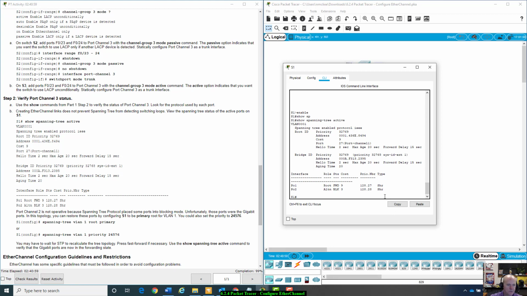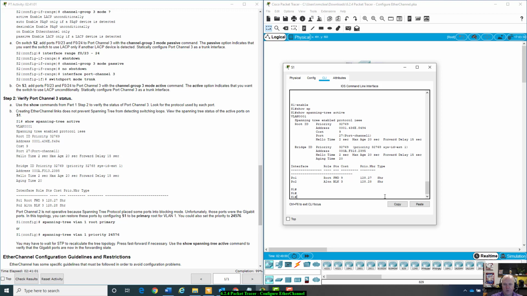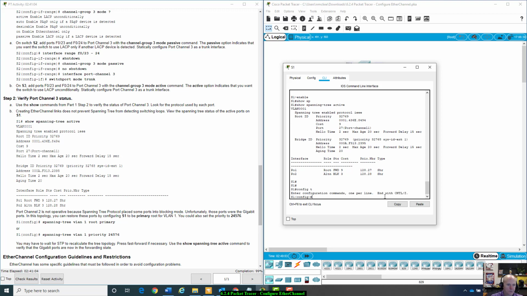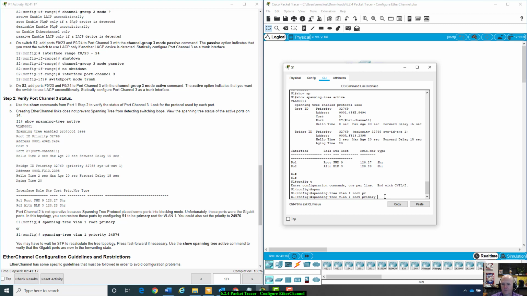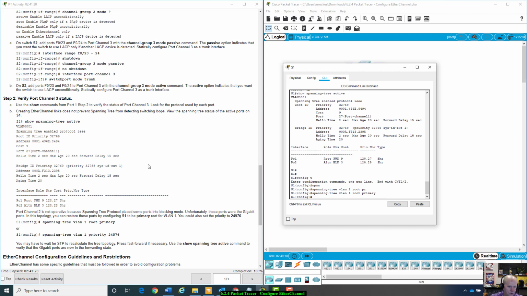All right, so let's do that. Configure terminal, spanning-tree vlan 1 root primary. All right, you can do that or do this. All right, you may have to wait for STP to recalculate the tree topology. Press fast forward if necessary. Use the show spanning-tree active command to verify that the gigabit ports are now